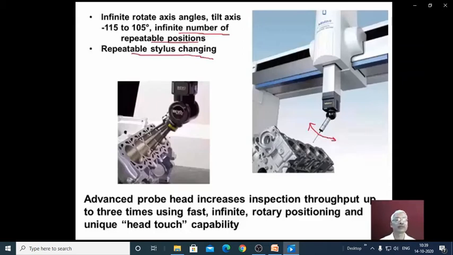Here also you can see the inclined surface and bore is to be checked. So the 5-axis heads will help in inspection of these holes which are at some inclination. Advanced probe head increases inspection throughput up to 3 times using fast infinite rotary positioning and unique head touch capability.